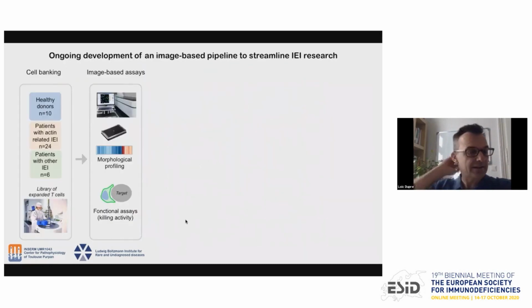patients. So what's next? We have recently assembled a library of expanded T cells from multiple patients. So we have about 30 patients with various mutations. And we are also comparing them to a large cohort of healthy donors. So we are in the process of performing the morphological profiling of the cells over different stimulatory surfaces. And in parallel, we have also developed high throughput functional assays, such as assays to measure the killing activity of